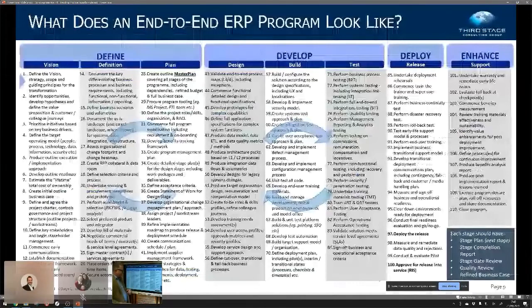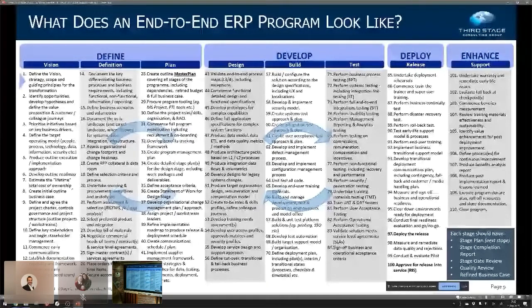Now, one of the techniques that we use is to break the program down, and we created effectively a templated approach to doing transformation, going every step from vision to deployment and then into enhancement.